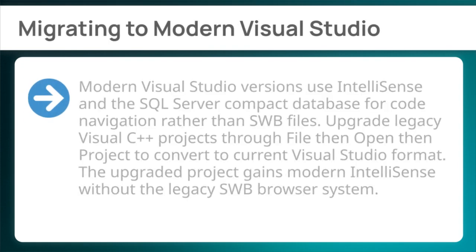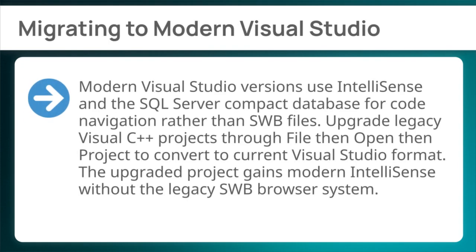Finally, migrating to modern Visual Studio. Modern Visual Studio versions use IntelliSense and the SQL Server compact database for code navigation rather than SWB files. Upgrade legacy Visual C++ projects through File, then Open, then Project to convert to current Visual Studio format. The upgraded project gains modern IntelliSense without the legacy SWB